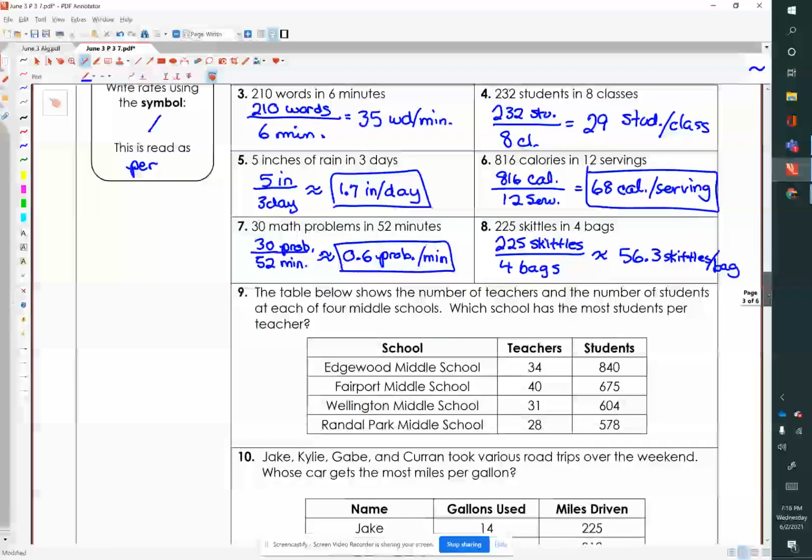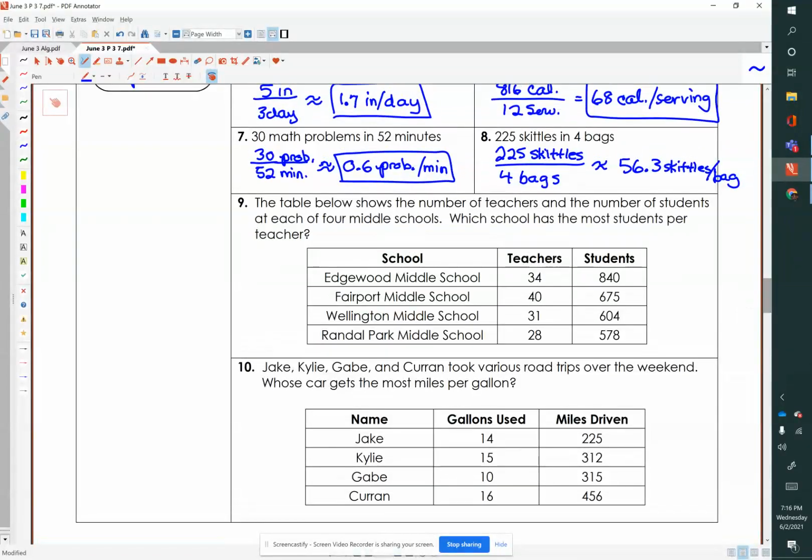And then finally, our last activities on this page, we are given a table, and it says the table below shows the number of teachers and the number of students in each of 4 middle schools. So which school has the most students per teacher? So we're looking for the greatest number of students per teacher. So we're going to have to do each one of these, and then we'll pick the one that has the most students per teacher. So 840 divided by 34,